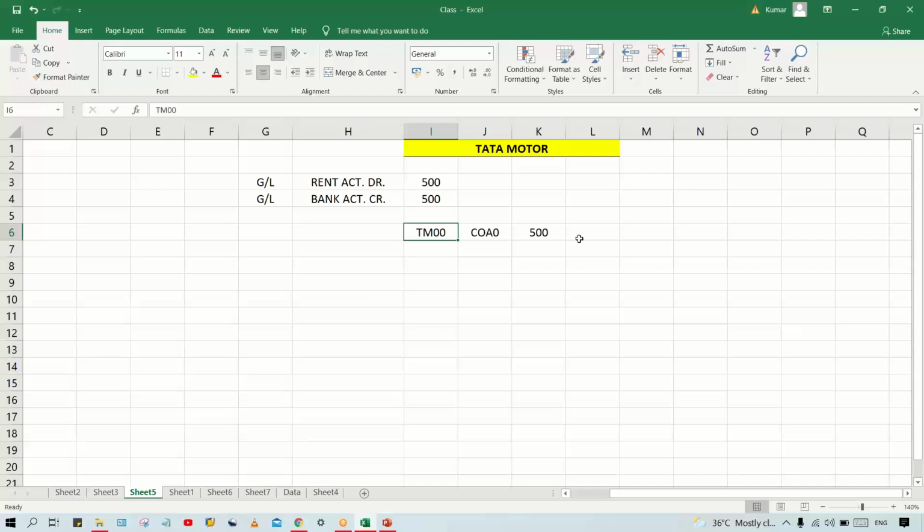Instead of that, we can do one thing: we can directly set up the GL account against the company code itself. In that case, there is no need to set up the chart of account, right? So why has SAP given this additional functionality, these two additional steps: create a chart of account and assign it to the company code, and then GL accounts are set up against the chart of account? So this is what you have to respond